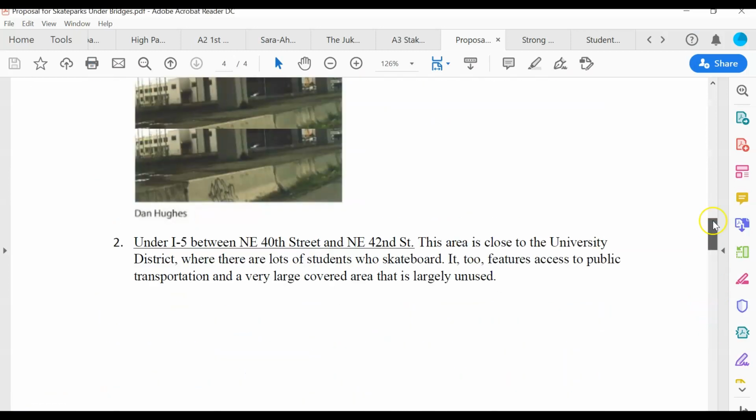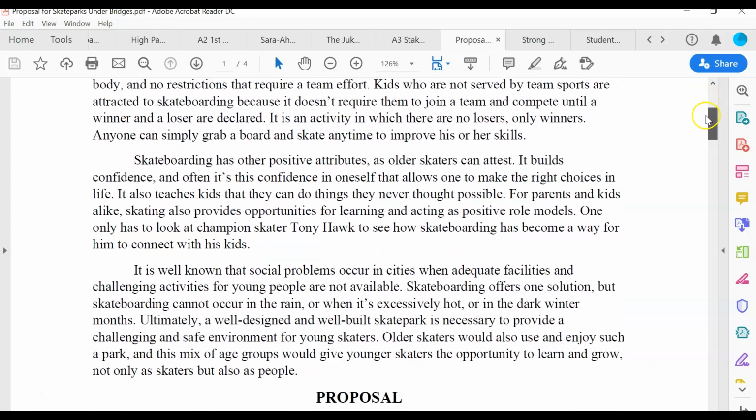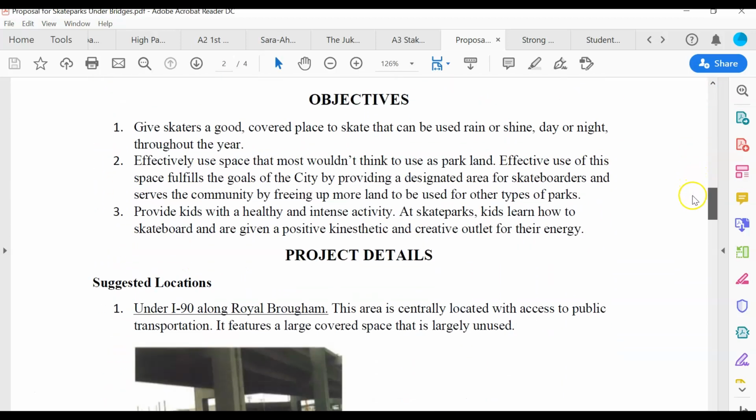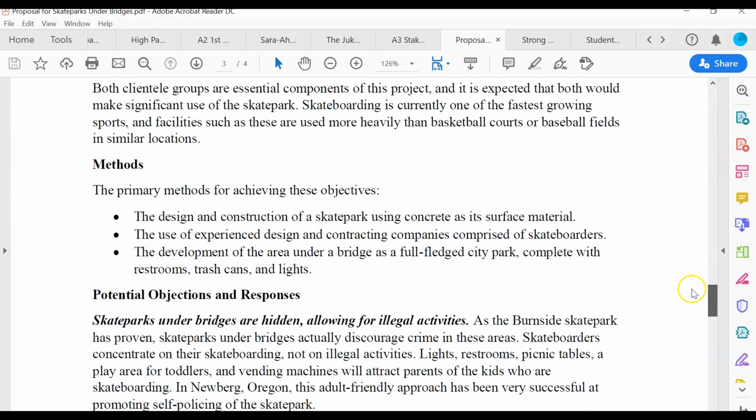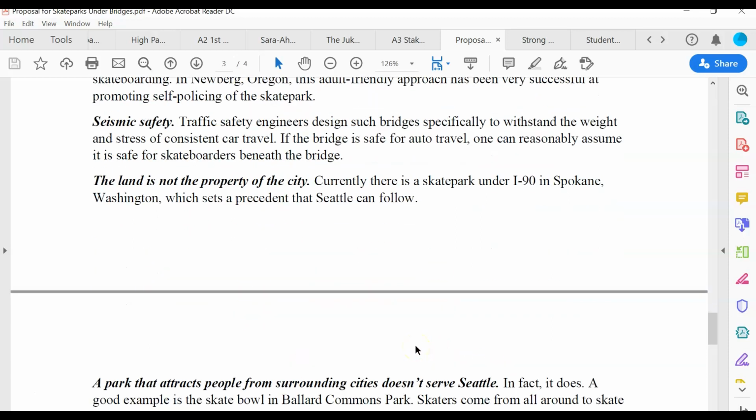Okay, so here we are on the proposal for skate parks under bridges written by Dan Hughes. We've all read this, and if you haven't, I definitely suggest taking a peek at it, looking at it in terms of structure and what each section and section heading is doing. But what I want to look at here is this potential objections and responses section. A lot of what Hughes does here is really effective. The potential objections are written in bold italics, and the responses are written in normal, non-bolded, non-italicized font. This is a really good model to follow in terms of overcoming those